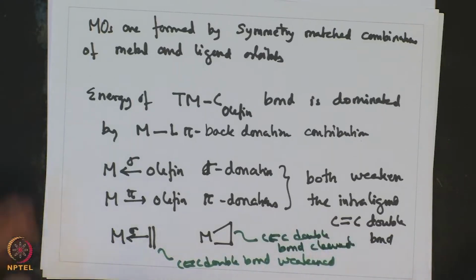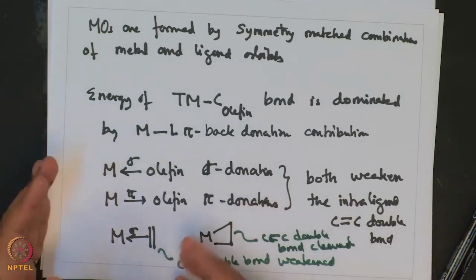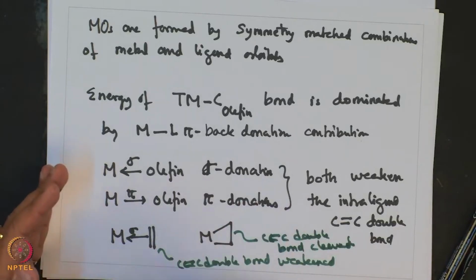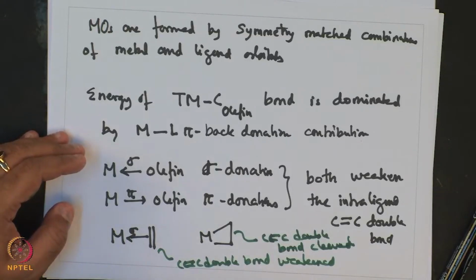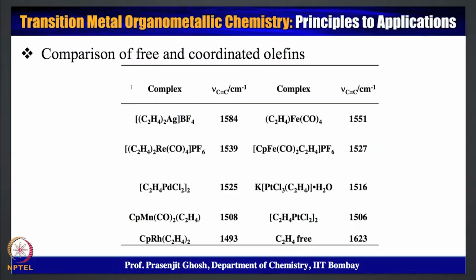So, both the interactions, the forward as well as the backward donations, significantly weaken the carbon carbon double bond. Now, let us take a look at some of the experimental examples for the same. For example, let us say free C2H4,